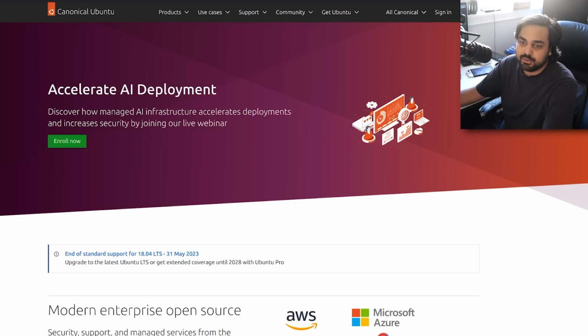Now, this is the real Ubuntu over here, which is ubuntu.com. Now, obviously, Linux, for people who don't know, comes in various different shapes and sizes. At the end of the day, this is an operating system, and an operating system is basically the underlying software you use to run your video games, your applications, so on and so forth.